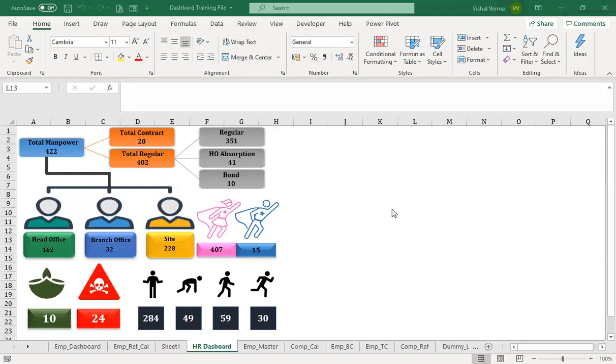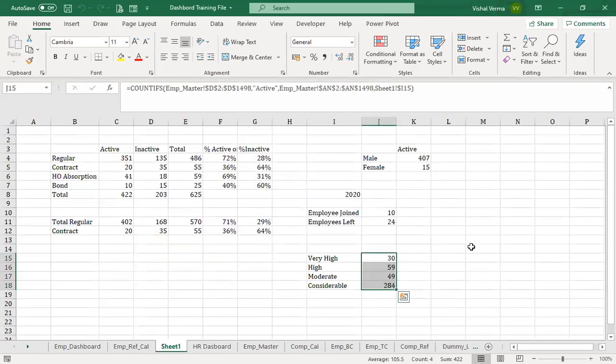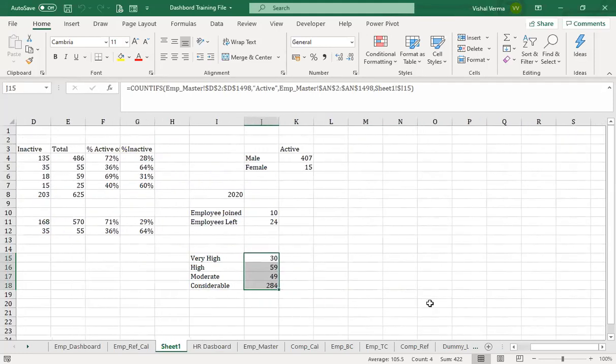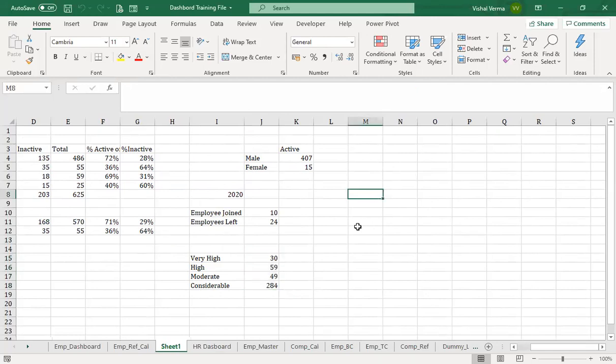In this section, we'll be working on another very important part of the HR dashboard, that is showing the attrition rate. So we'll be doing some calculation related to attrition rate. Most of you, those who are attending this program or have taken this course for your knowledge sake, must be aware of how the attrition rate is calculated.